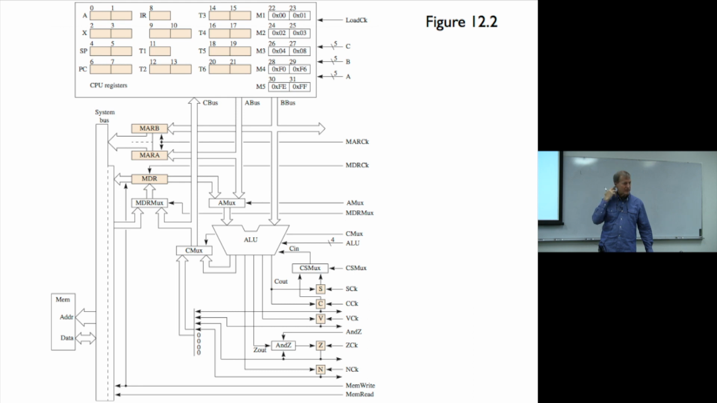Now, why would we want to do that? Because what does the program counter have in it? The address of the next instruction. So do you see that we have to put the content of the program counter into the memory address register? This is a big concept. Are you with me? Now how would we do that? Looking here,